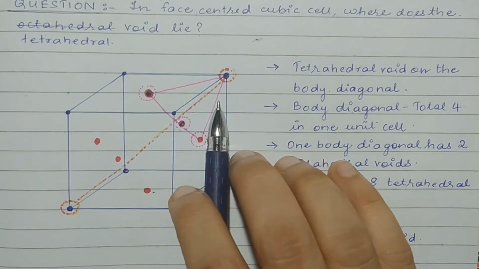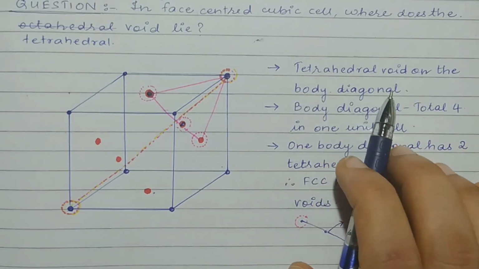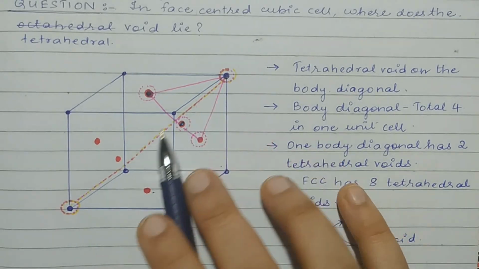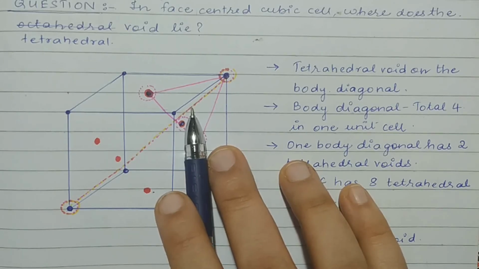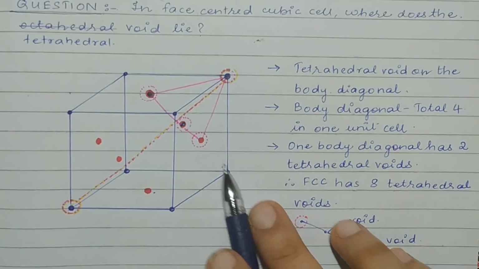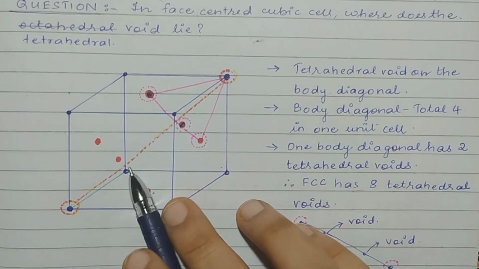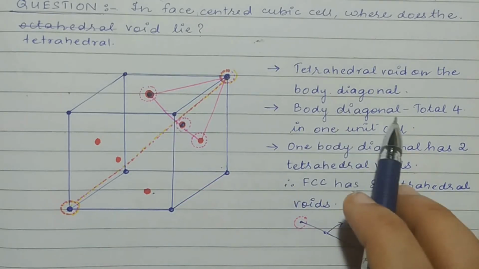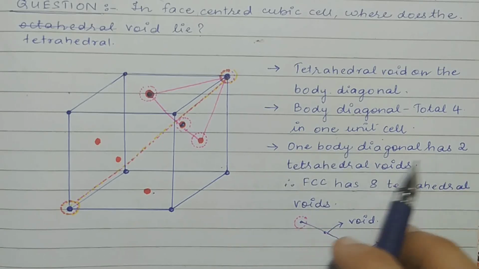So it is pretty obvious that the tetrahedral void lies on the body diagonal. It will lie somewhere on this one. Now how many body diagonals are there in a cubic unit cell? There are a total of 4. 1, 2, 3 and 4. Okay, this one. So there are a total of 4 body diagonals. One body diagonal has 2 tetrahedral voids. Okay, so one